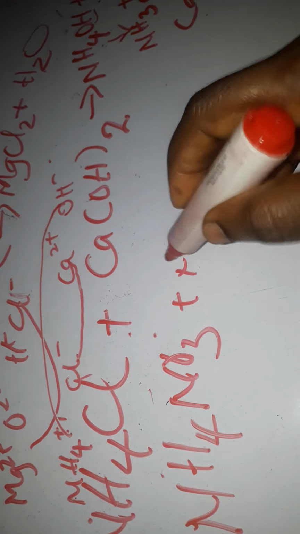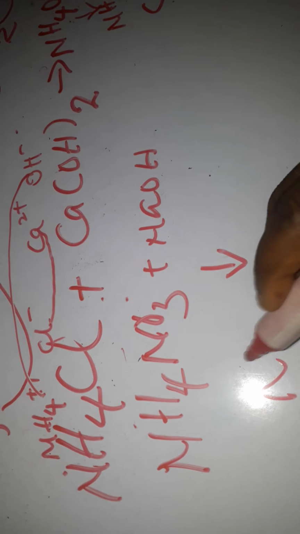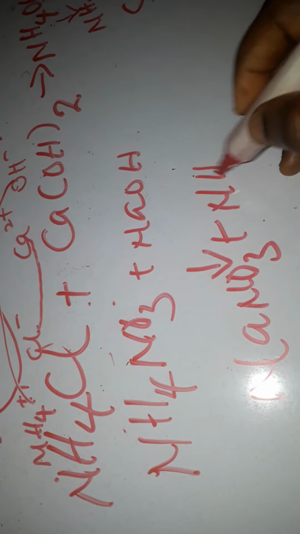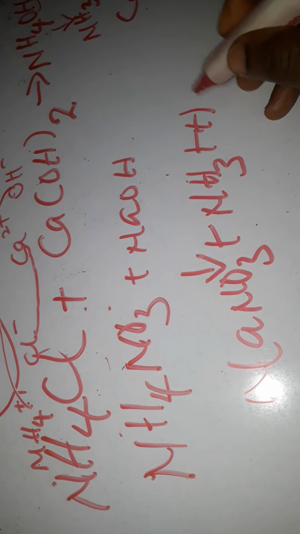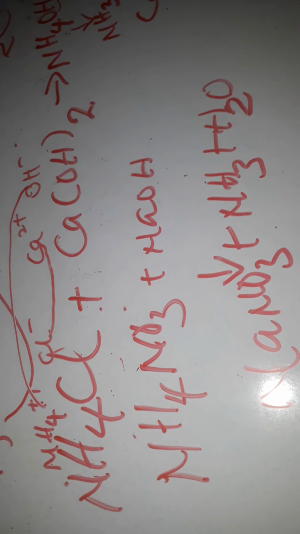When a base reacts with an ammonium salt, it will liberate ammonia gas, which has a foul, pungent smell like that of urine. The same thing happens here. You end up getting NaNO3, NH3, and H2O. Because of our time, I won't be able to solve this. So learn and read up on